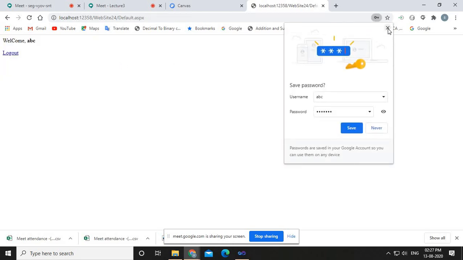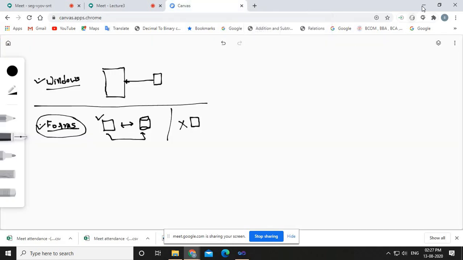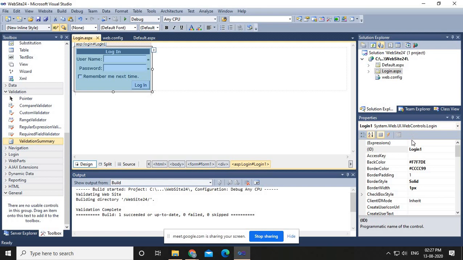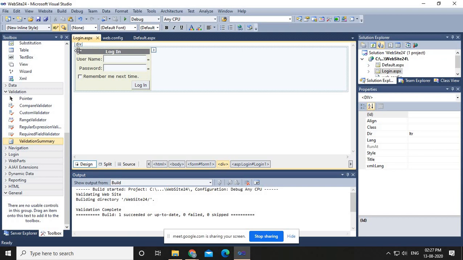Okay, fine. So I think up to here whatever we have discussed is clear to all the students. Okay, now see, if any student is thinking, okay sir, this is a built-in control, can we change the look and layout of this particular control? Yes, there are so many things given by Microsoft, right, in the properties window. So if you want to change anything in this particular control, then you can do it by using the properties. For example, in the login control here, the title strip is given, and in the title strip they have written login, right?